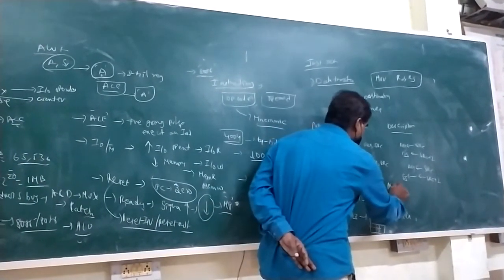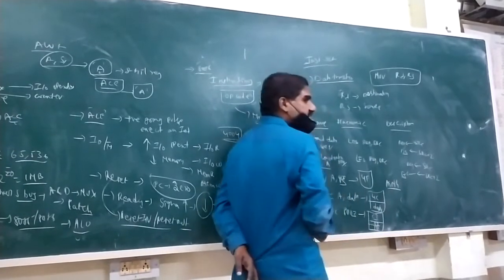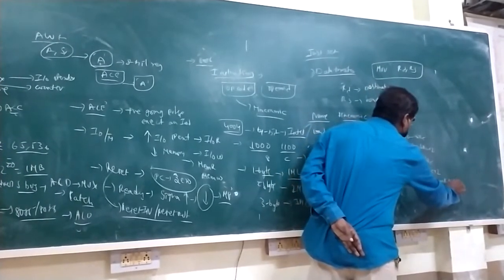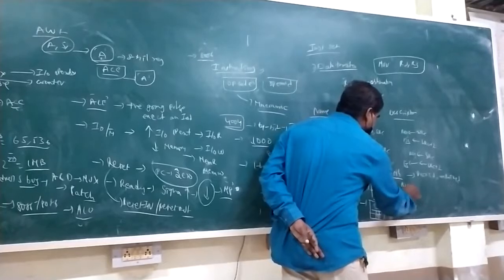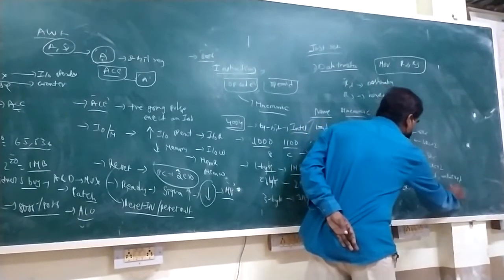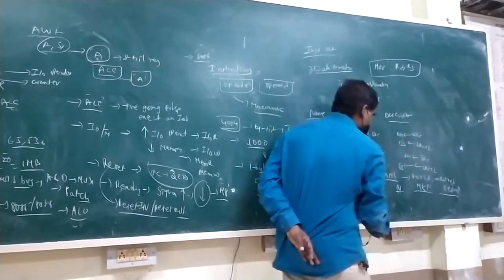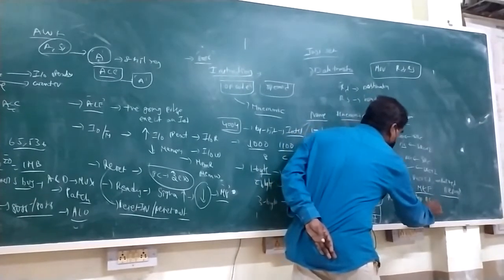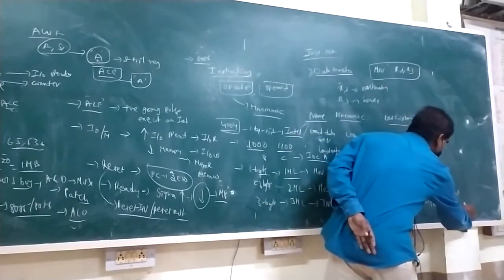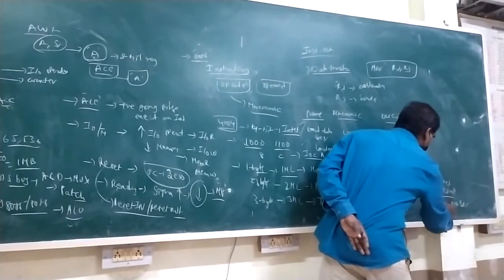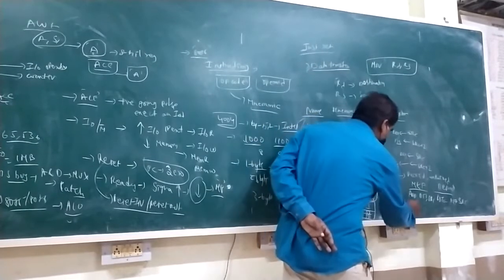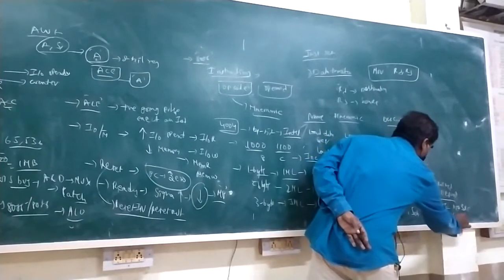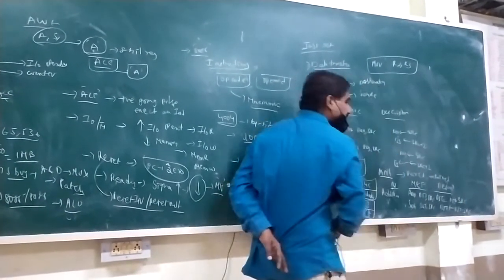Another one is arithmetic instructions. In arithmetic instructions, we are having types such as packed and unpacked. Mainly arithmetic instructions have name, mnemonic, format, and description. Name: addition. Mnemonic: ADD DST comma source. Description: it is used to add source plus destination and the result is stored in destination. Similarly, subtraction: SUB DST comma source, destination minus source. These are the arithmetic instructions.